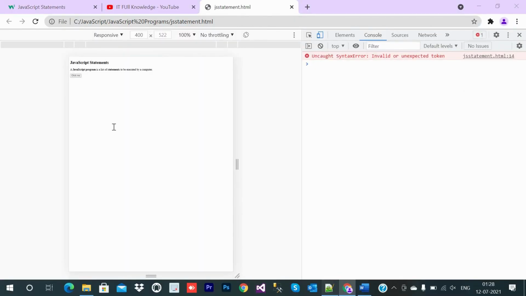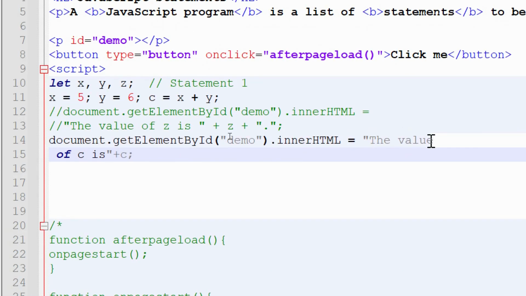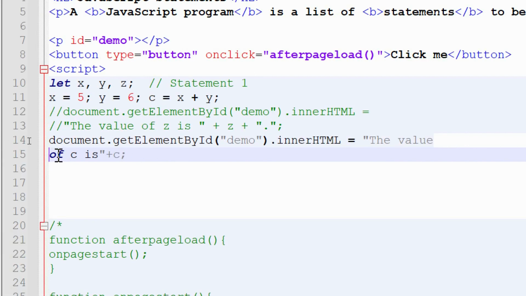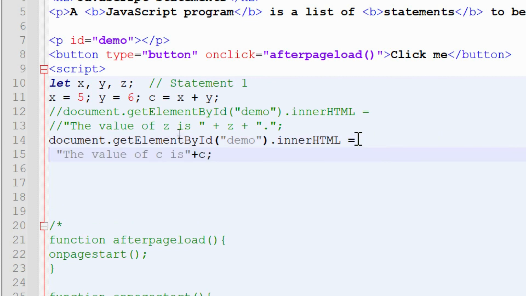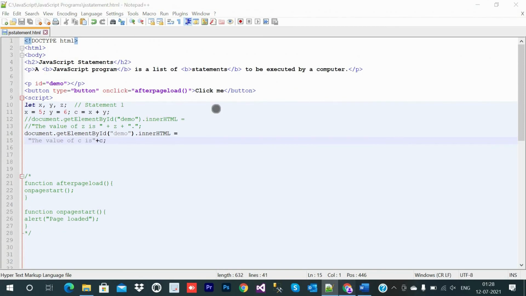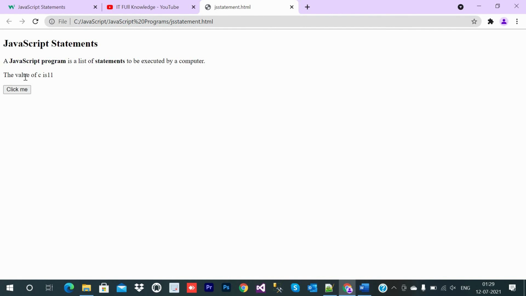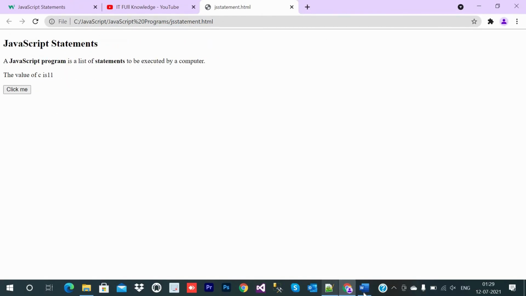Okay, so what is the issue? The issue is that in that line the string is opened with double quotes, but it is not closed in that line. That's why the issue is coming. So either write it in one line or break it just after an operator. That's the best place to break it, after an operator. I hope it is clear to you now. If I refresh now and check the console, the error is gone, and again the value of c, 11, is coming. So this is also clear.